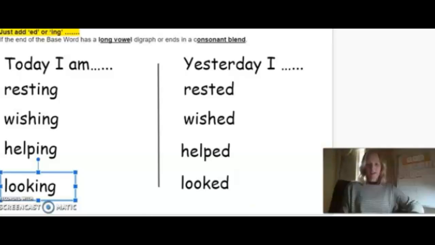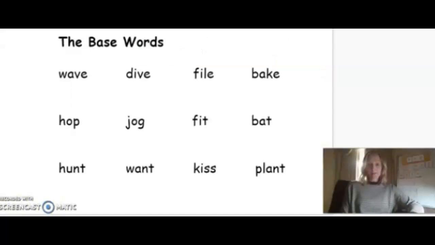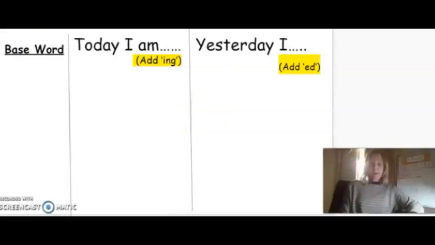All right, I think it's now your turn to have a bit of a go. The best way to learn this new spelling rule is just to have a little bit of practice with sorting and trying to make words and seeing if they make sense. So your practice today is to rule up your page just like this one here, and it will be on your rainbow chart as well. You will list some base words down here, and there's a list of base words coming. Here it is, these are the base words. These will also be on the rainbow chart and on the Lavella at Home page. You rule up your page